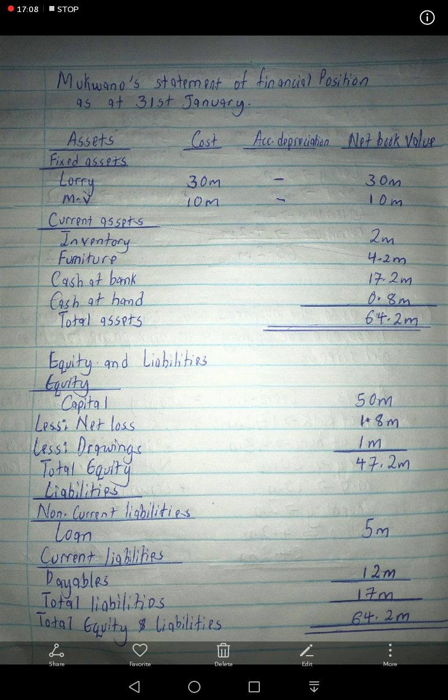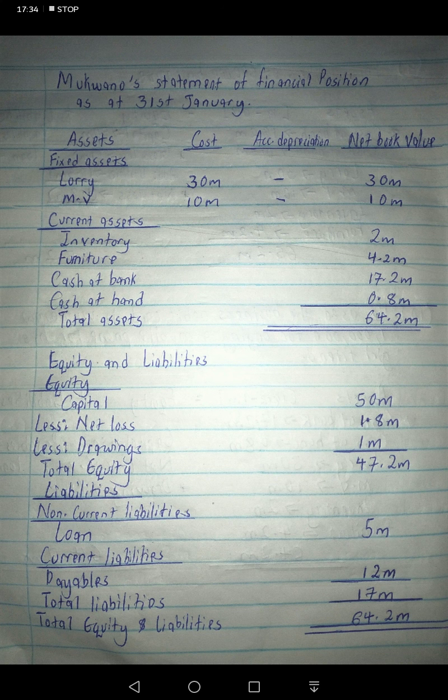Then with equity and liabilities, it's going to be equity with capital of 50M. Then our net loss of 1.8M. Then you less the drawings of 1M, and then it's going to give you total equity of 47.2M. So 50 minus 1.8 minus 1M is going to give you 47.2M. Then with the liabilities,